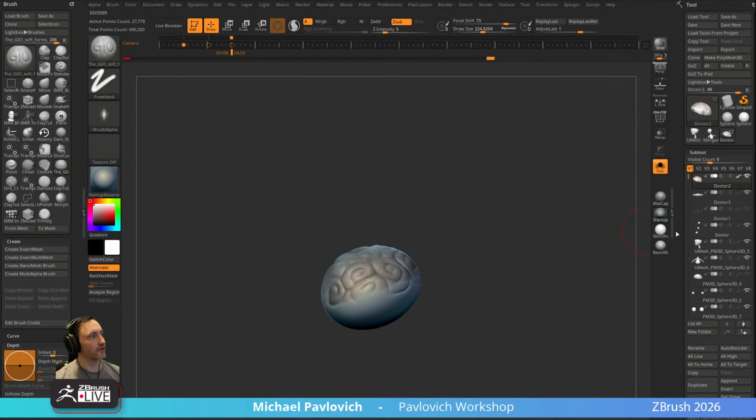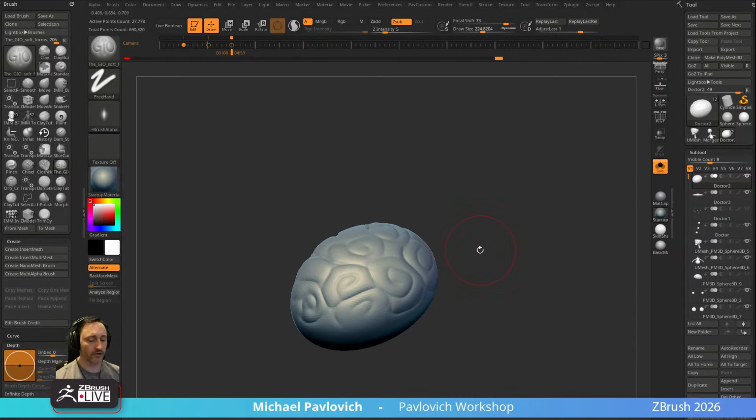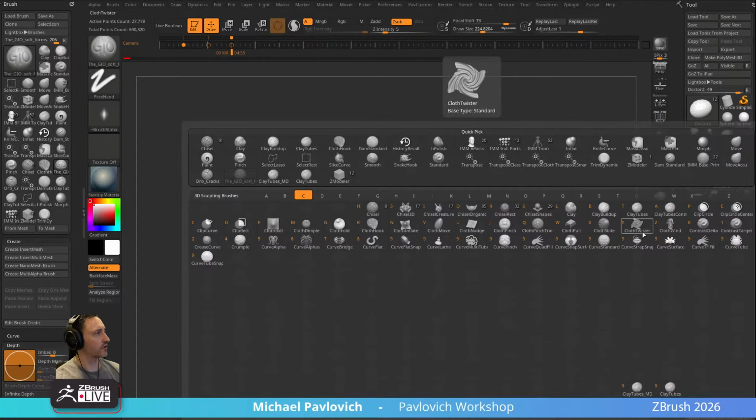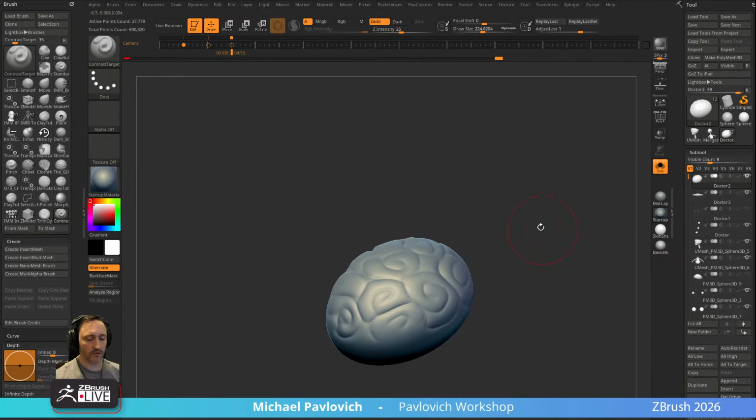If this is kind of getting in your way, just go in here and turn off poly paint. And then again, if you want to make this more contrasty, you can go in here to the contrast brushes. There's even a contrast deformer. So under your deformers contrast, you can just crank that up. You can also go in here to clay. Where's my contrast? There it is. Contrast delta, contrast target. We'll do target. And you can go through here and you can kind of just increase the contrast, or like we were doing,